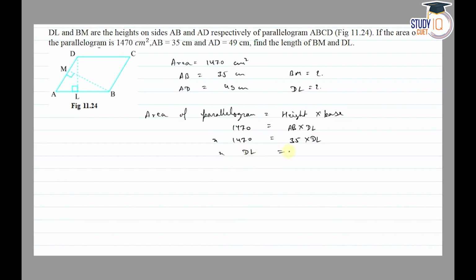So DL is equal to, by cross multiplication, 1470 upon 35, is equal to 42 centimeter. Then